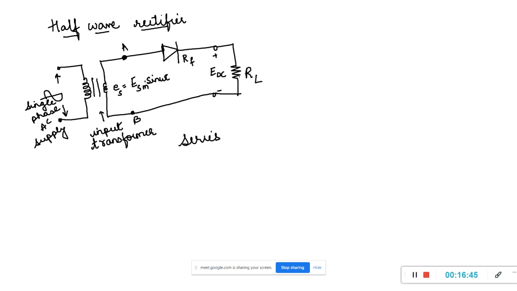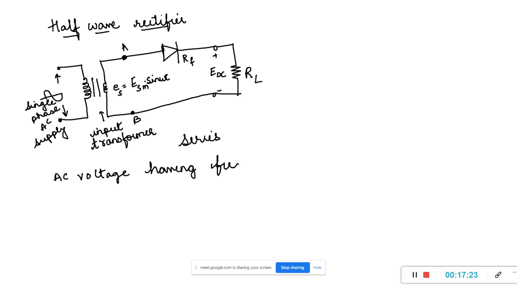There is a diode, there is a load resistor, the output should be pulsating DC, and the input applied is AC supply, alternating current. A PN junction diode conducts only in one direction and hence it can be used as a rectifier. So here the half wave rectifier is shown with an AC voltage. AC means alternating voltage, DC means direct current.